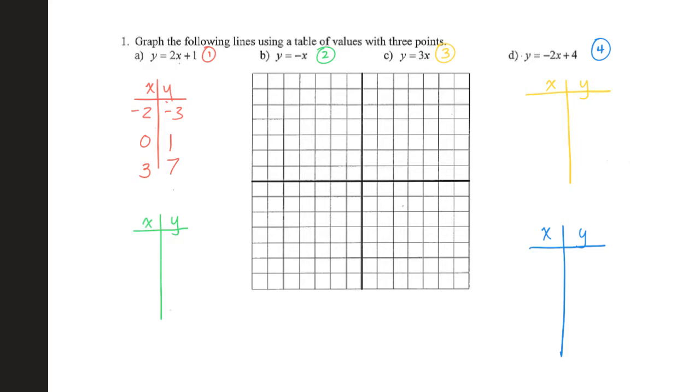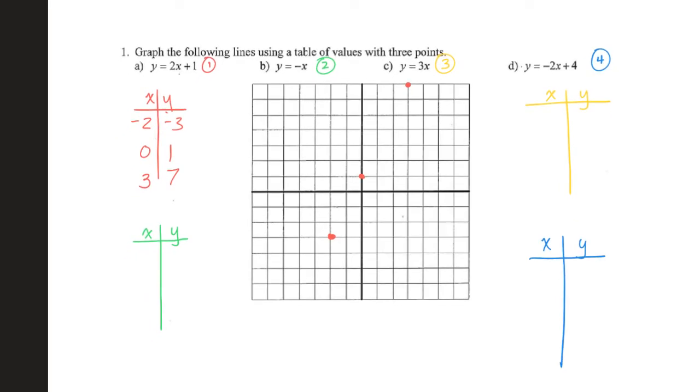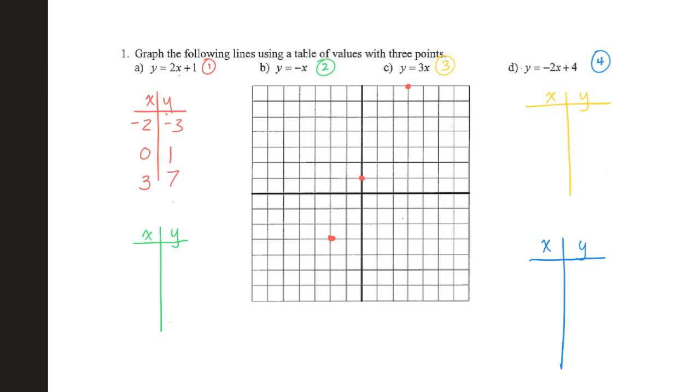So let's go super fast. -2, -3, 0, 1, 3, 7. And now I can connect those using my straight edge. Be as accurate as you can be. It's a little tough on the iPad. As you can tell, all of a sudden stuff starts moving. And it's still moving. And when I connect all of those and extend it the width of the grid, now